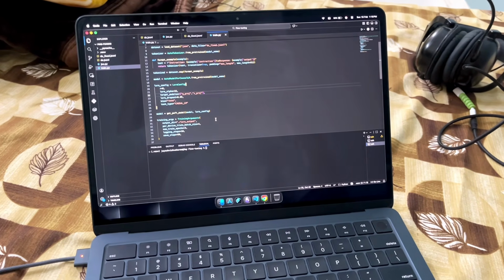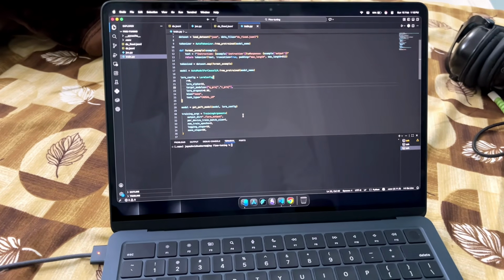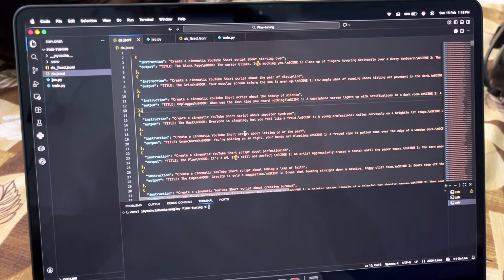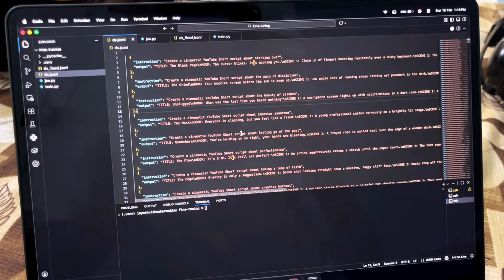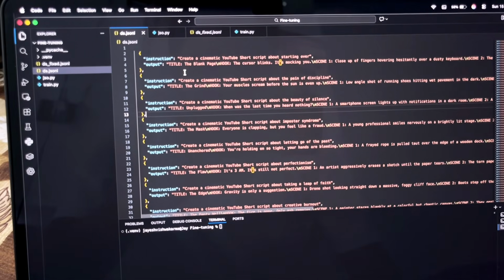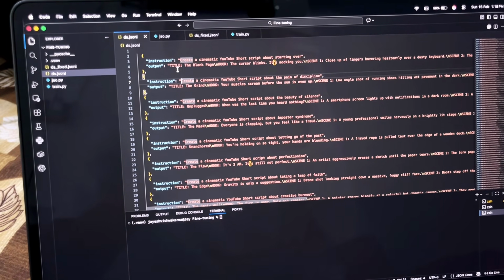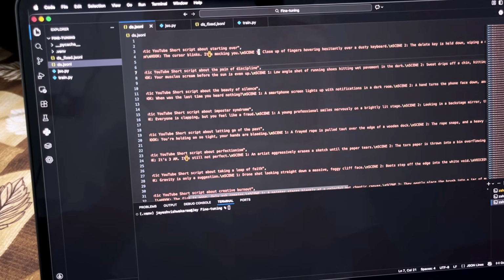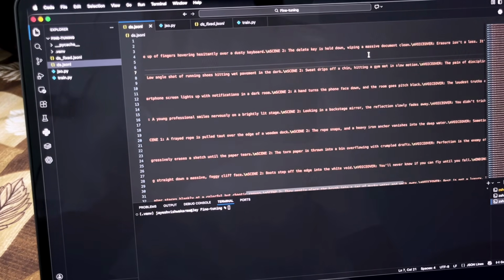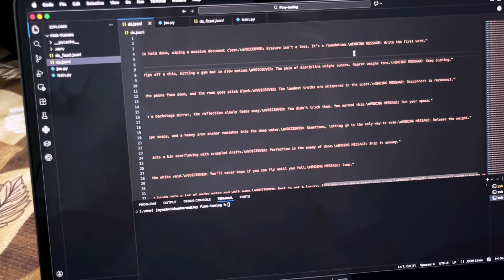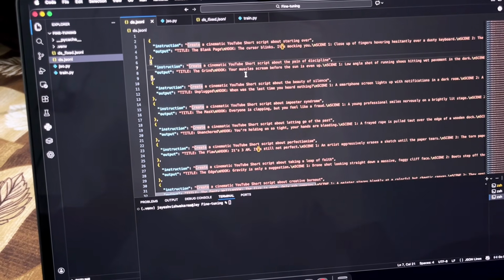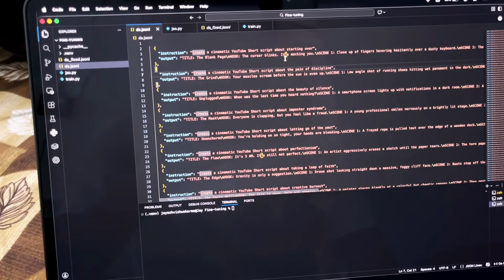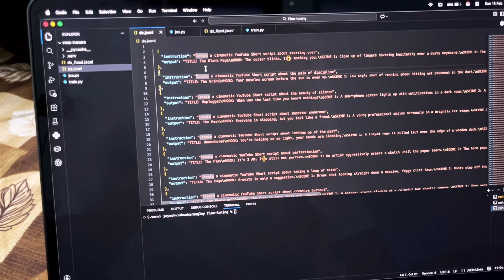The very first thing you need to know about is the dataset, and this is the dataset on which we are going to fine tune our model. Look, I want the response in this specific template. First I need the title, then the hook, then scene 1, then scene 2, then voiceover, and the last thing is the ending message. Like if I give a prompt like create a cinematic YouTube short script about starting over, I want the response